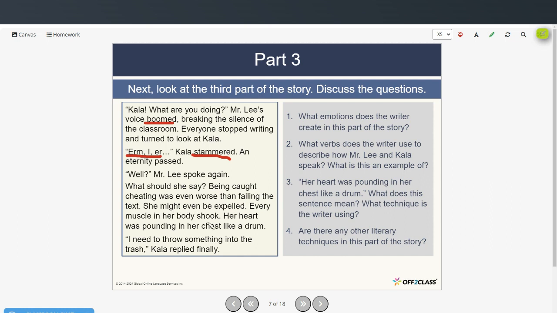So then she said, every muscle in her body shook. So that would be kind of an example of hyperbole. So probably not every single muscle in her body is shaking, but that's an exaggeration to show how nervous she is. Her heart was pounding in her chest like a drum. That's simile. And so it just means that her heart was beating very fast and very strong. And if there are any other literary techniques in this part of the story,